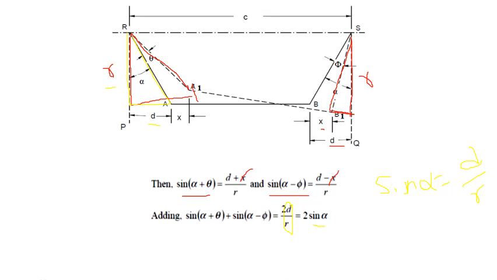So angle alpha can be determined using the above equation. The values of theta and phi to be taken in this equation are those found for correct steering using equation number 1. This mechanism gives correct steering in only 3 positions. One is when theta equals 0, and the other two correspond to the turn to right or left. That can be determined with the help of equation number 1.